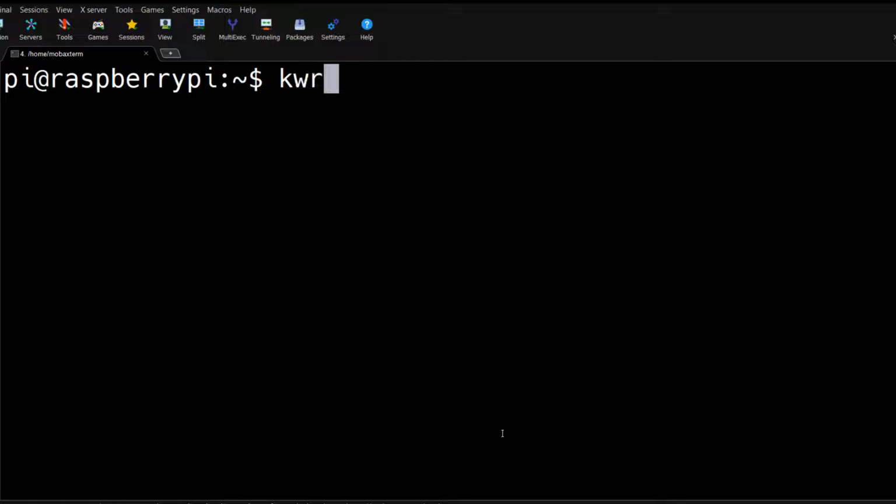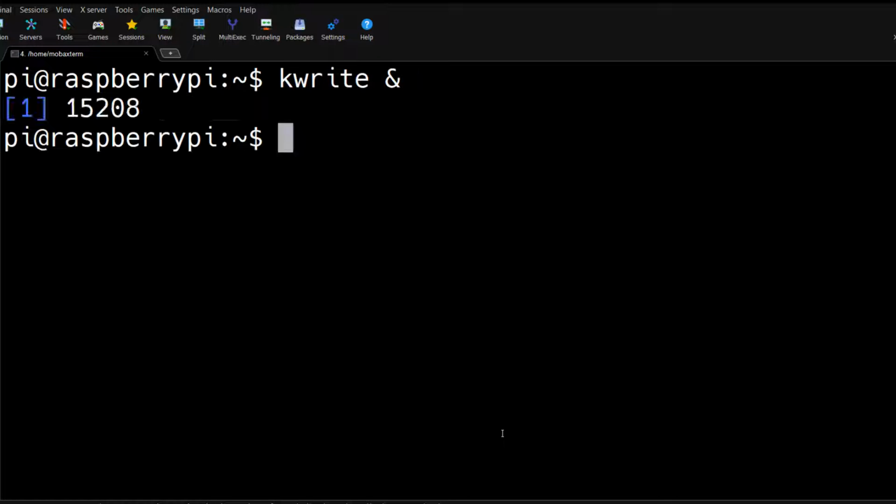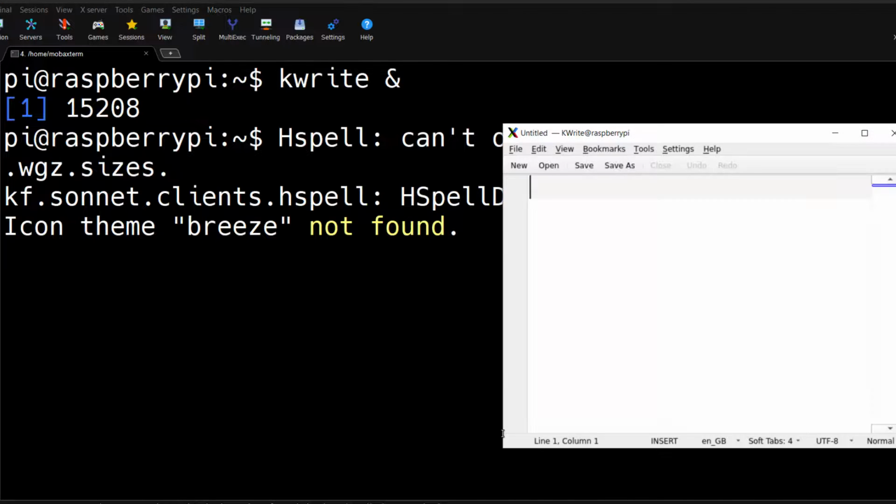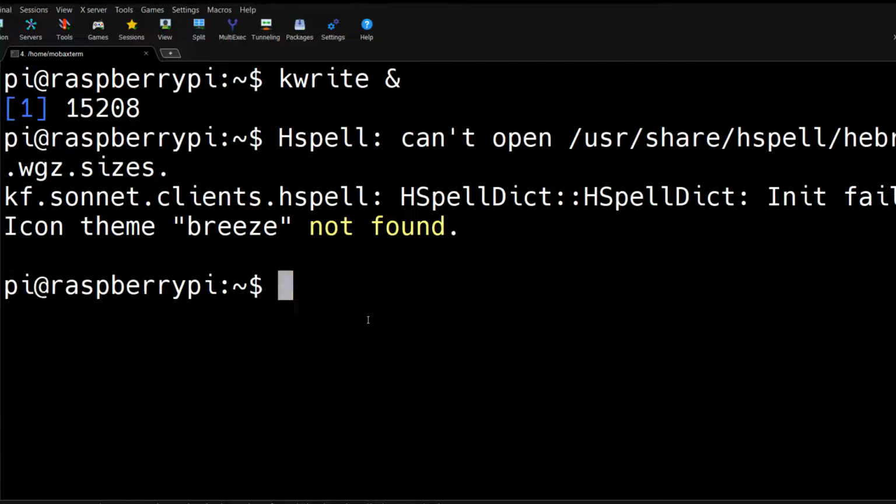So I can say kwrite and ampersand like this. If I hit enter, it is going to show us the PID, or the process ID, of the new instance of the kwrite tool, because we know that everything runs as a process. And our command prompt is actually free again.